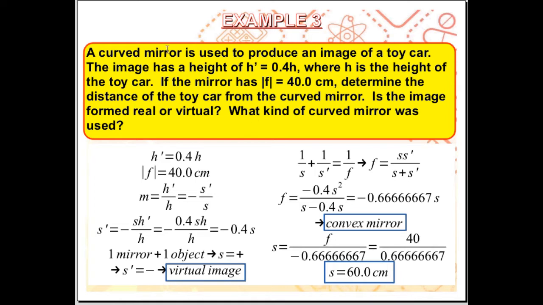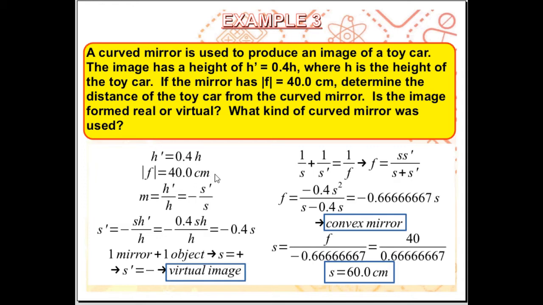But this is a curved mirror, meaning the focal length f may be positive or negative. So to determine the kind of curved mirror that was used, we have to determine if f is positive or negative. So h prime, according to the problem, is 0.4 h,